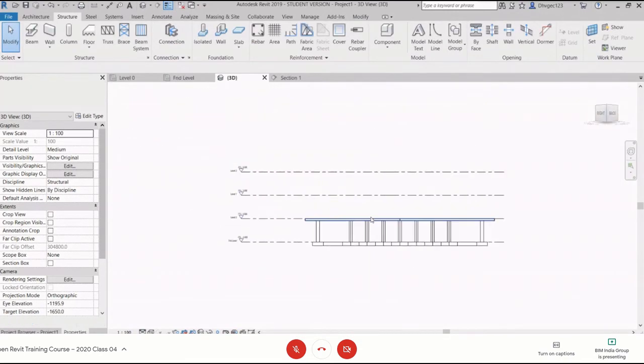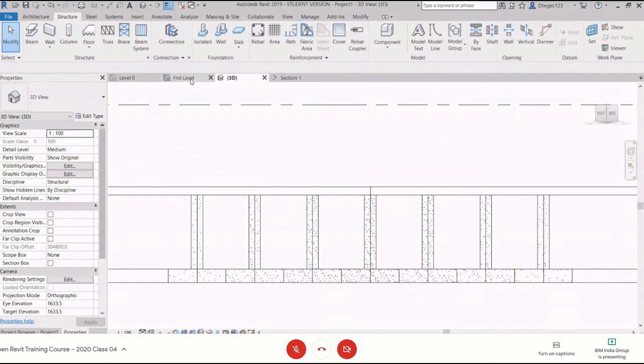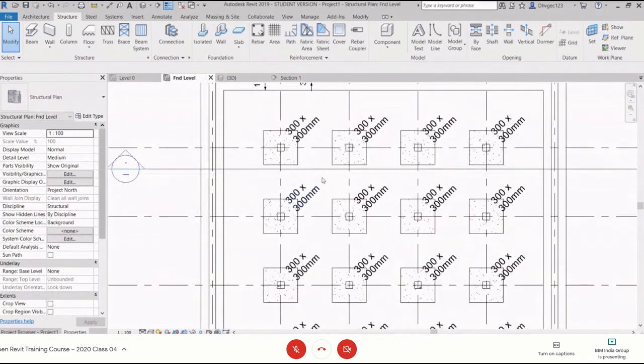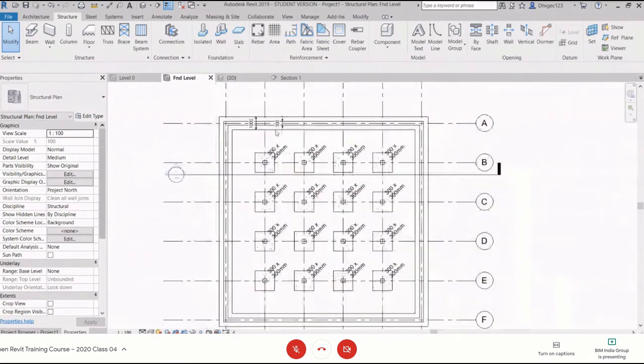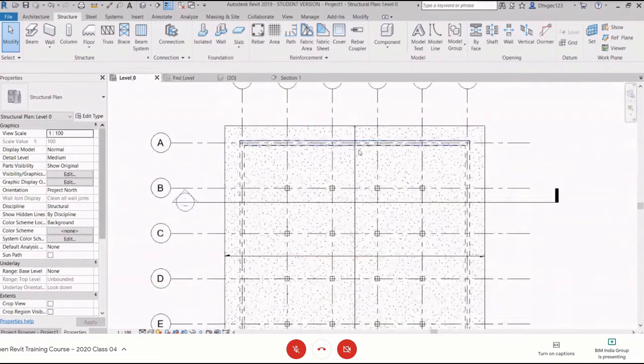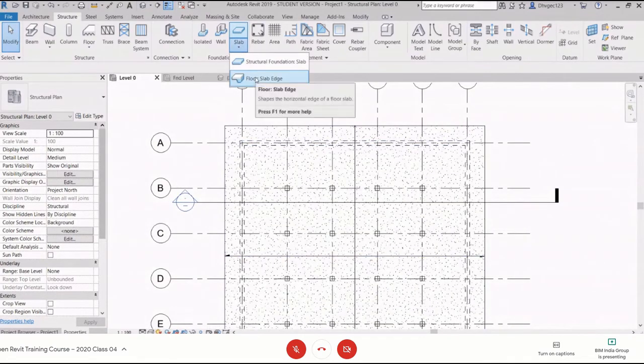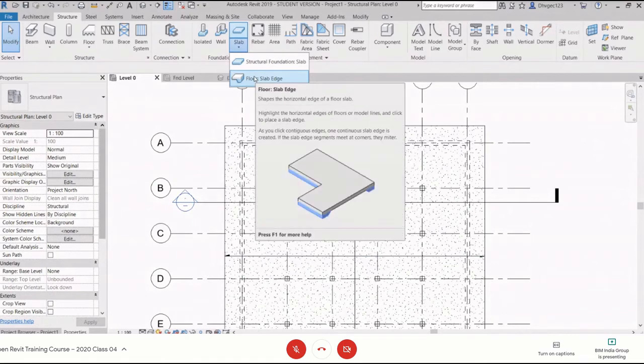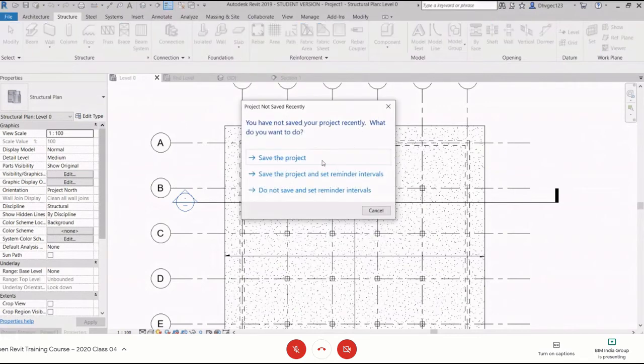Right. So now we'll go to first floor. Now what are we going to do? Ground floor. We are going to put slab edging, which is very important. You can see the slab thickness over here, right? So just take it first, save.